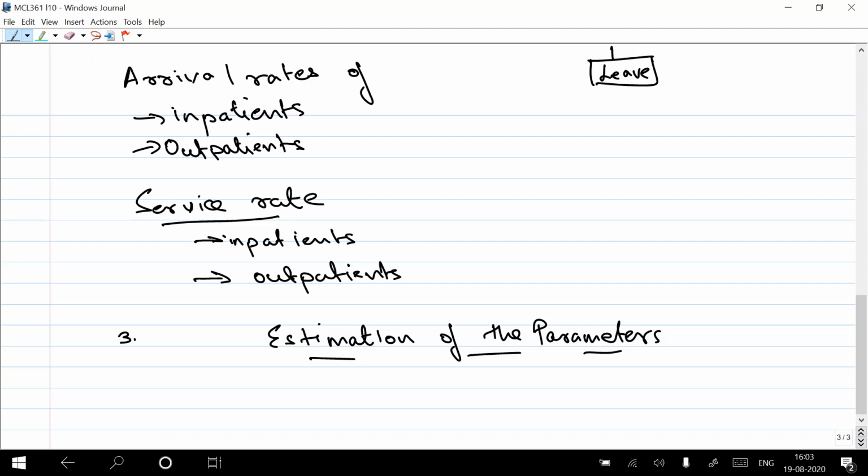And then you observe how many patients are coming, not only how many patients are coming but what is the interarrival time. So you note down the exact time, using a stopwatch, for example, at the point at which a particular patient enters. So you say, for example, on this day 30 patients came in 1 hour, or maybe 50 patients came in 2 hours, and the interarrival time between each of these 30 patients and 50 patients is something that you have also noted down.